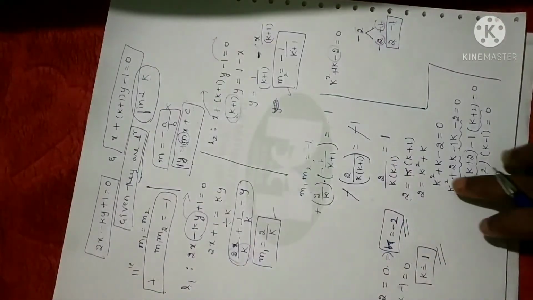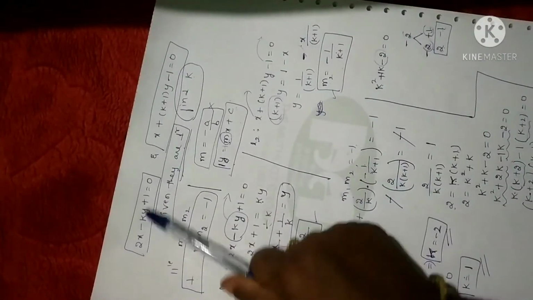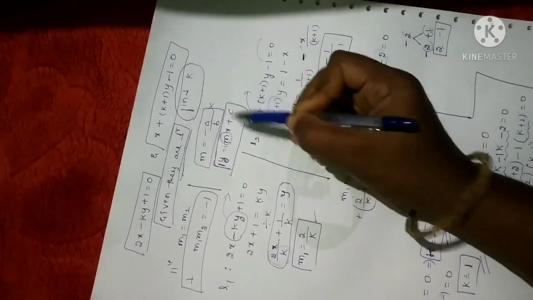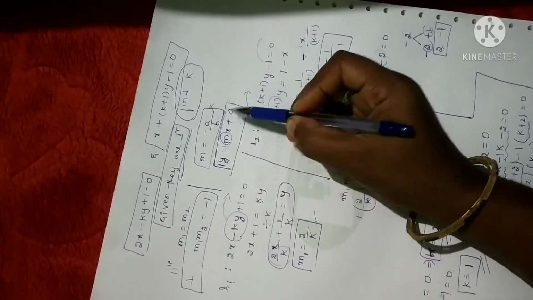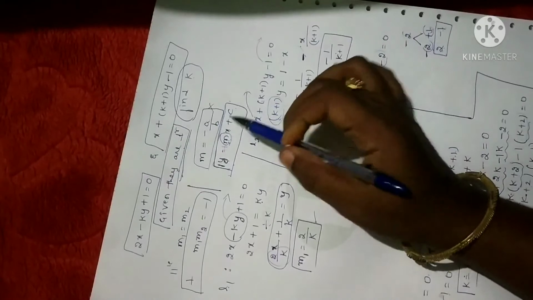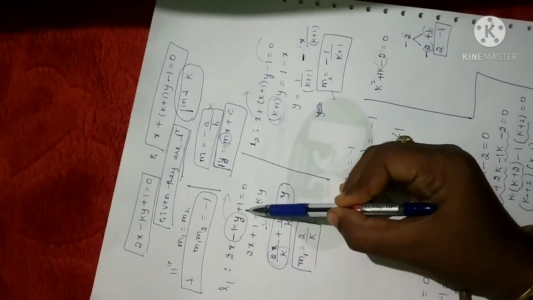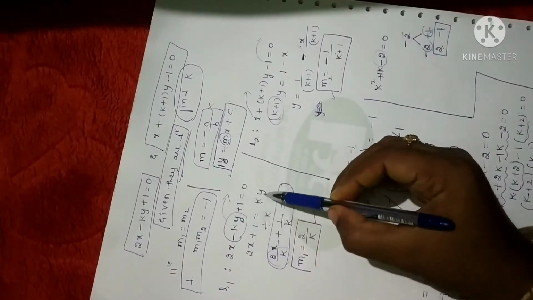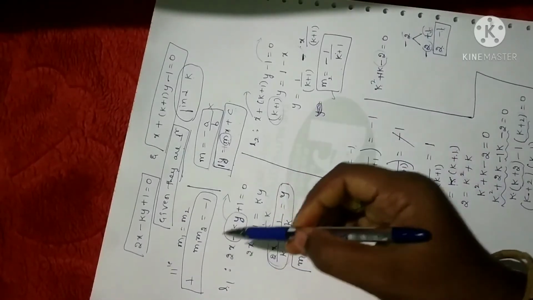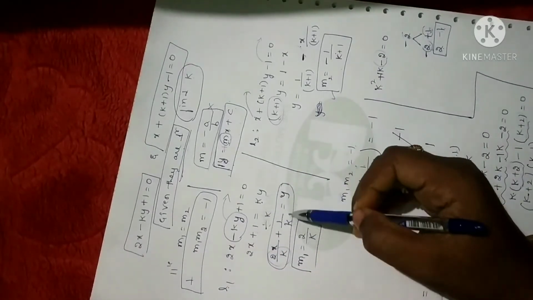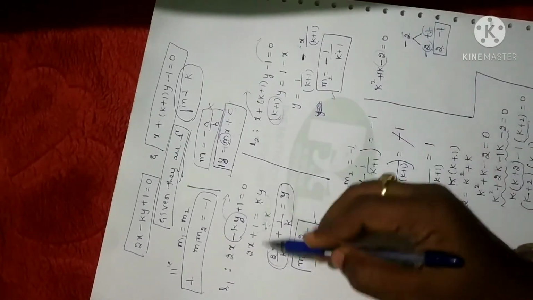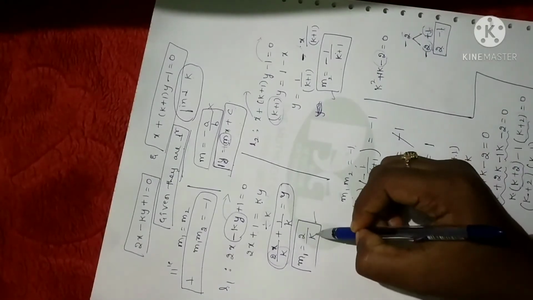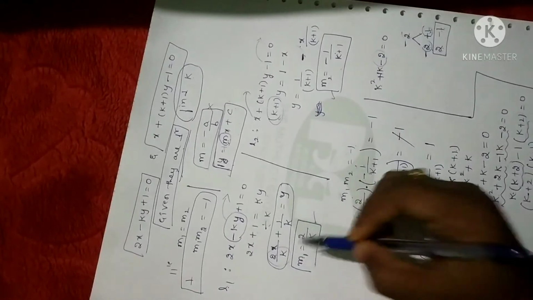I'll tell you the overall concept. Remember, when equations are given, you have to find the slope by converting it into standard form y is equal to mx plus c, where m is the slope of a line. First write down the given line as it is and convert it into standard form. Nothing else is there. Just shift the term which contains y to one side and the remaining terms to the other side. That is what I have done here. After converting it into standard form, whatever the value associated with x will become the slope, and take that slope as m1 for line 1.